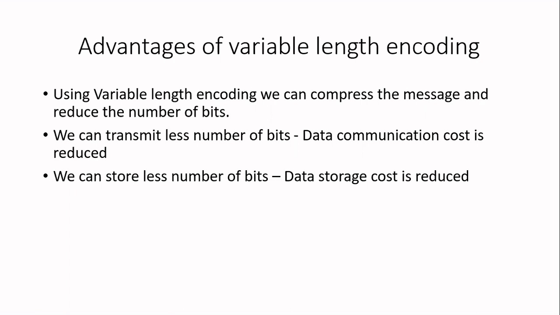The second advantage is that sometimes I may not send anything through the internet, I just want to store the data on my computer. All of us are storing our data on our hard disk, and the capacity of the hard disk is limited. If you store the data as such, it may occupy more capacity. So when we have a shortage of space on our hard disk, we generally compress the files and then save them. That is going to reduce the storage cost. So by means of compression, we can reduce the communication cost as well as the storage cost. That is the main advantage of going for variable length encoding.